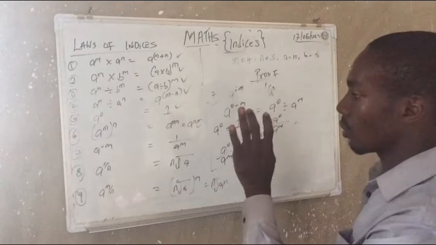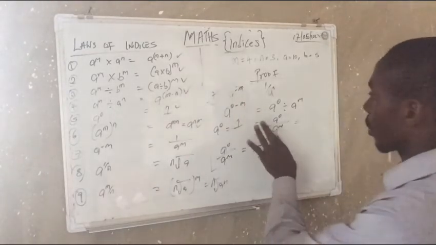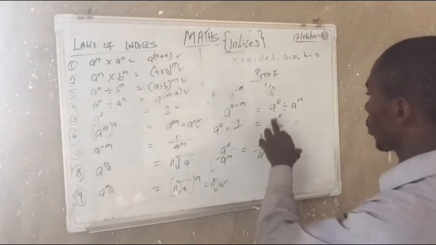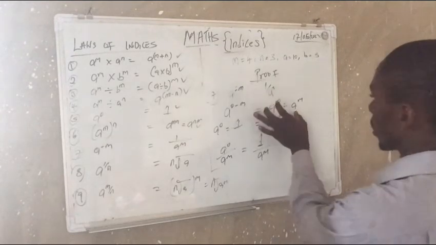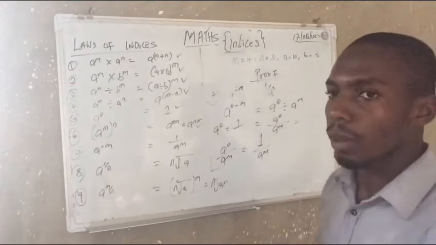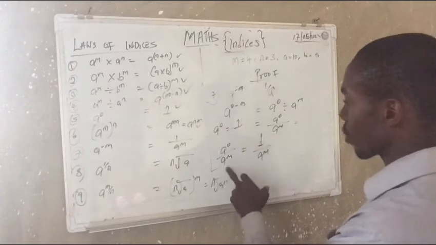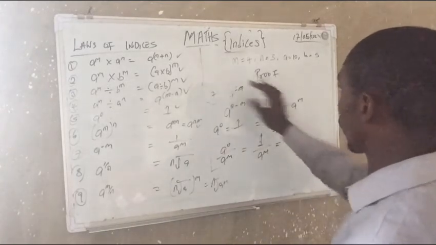I don't want to prove it more because it is already proven, and from our common mathematics knowledge, we know that this is still equal to this. So you can write it this way, a raised to the power 0 divided by a raised to the power m. So a raised to the power 0 is 1 and a raised to the power m is what? M. And from what we got here,